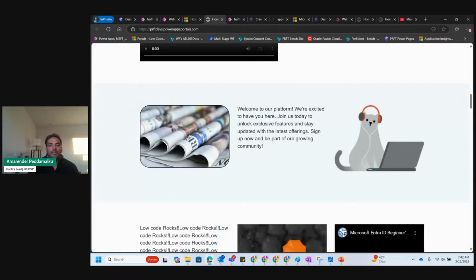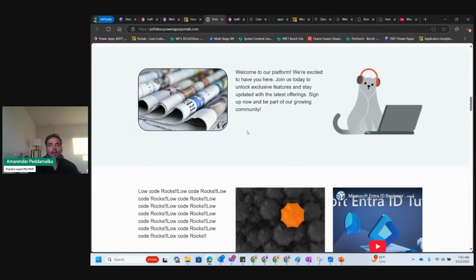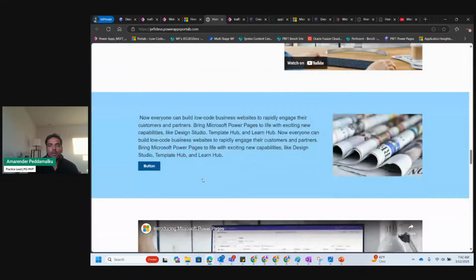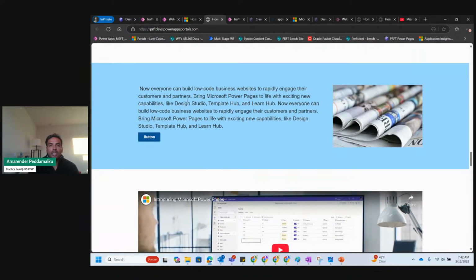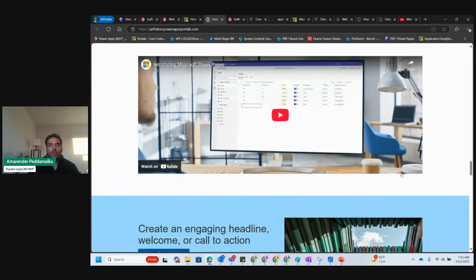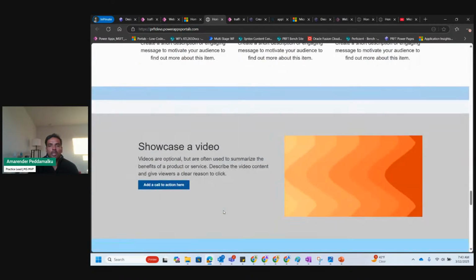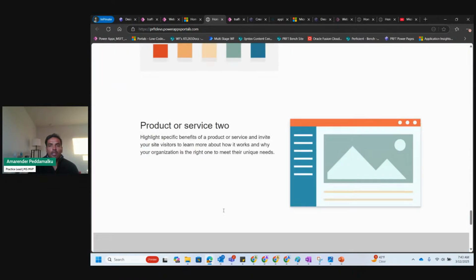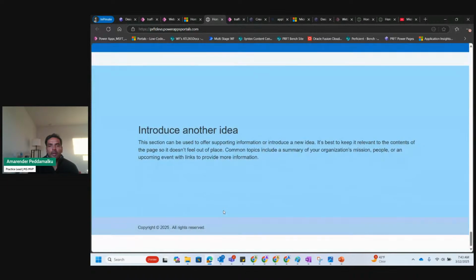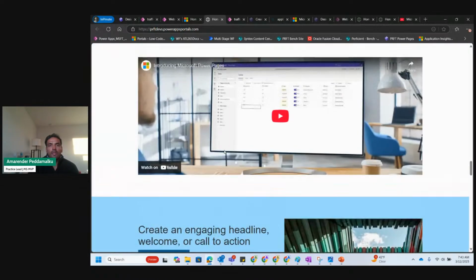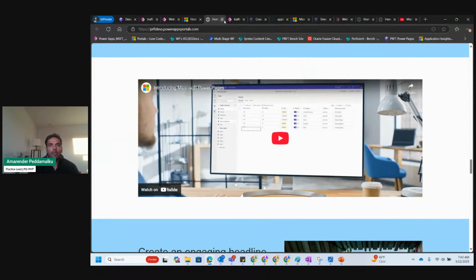So you can add different components like this with rounded corners, and you can have different images and whatnot. You can have different section backgrounds on your website. You can have full width section as well. So you can do a lot of things on your website just using out-of-the-box templates, and you can embed different Power BI dashboards and whatnot. So you can do a lot of things just by using the browser and out-of-the-box templates.